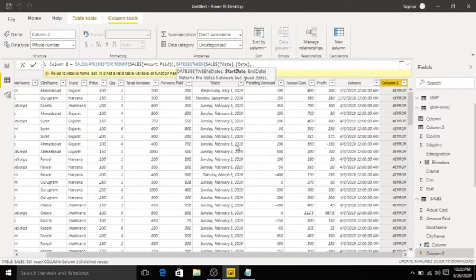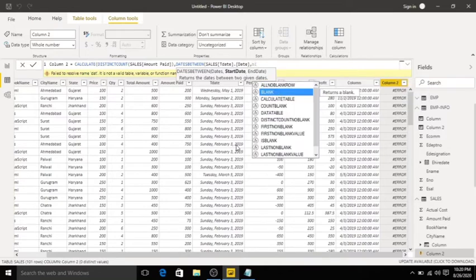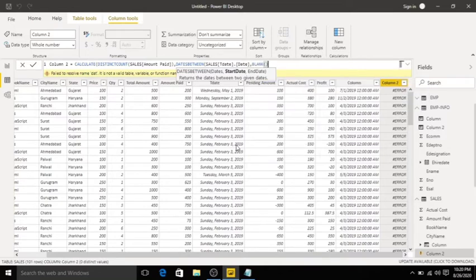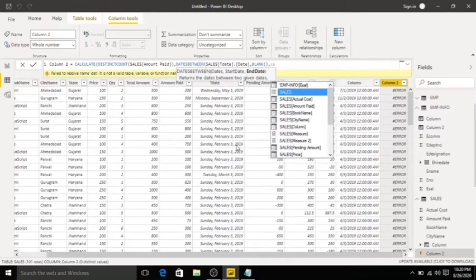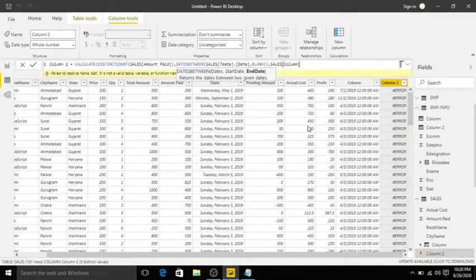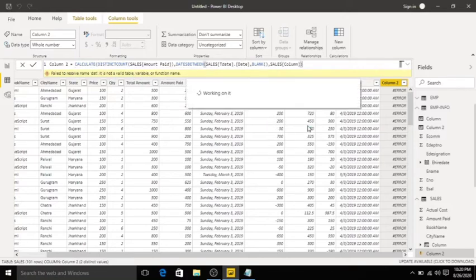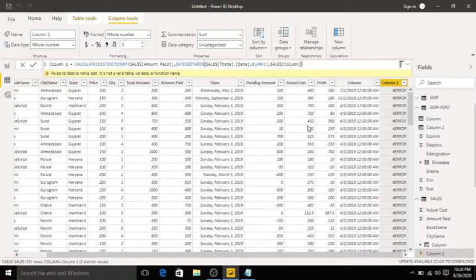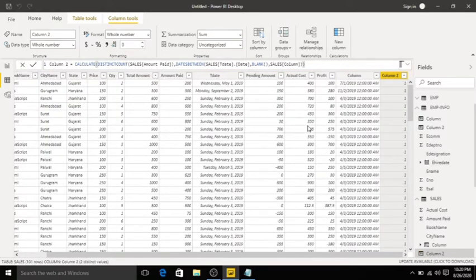I have to use the blank function, click tab, comma Sales of, I have to use a column. Click enter. See, this is the output.